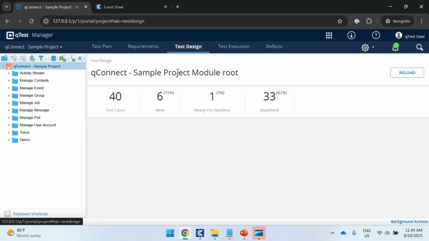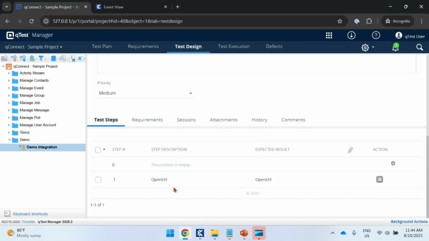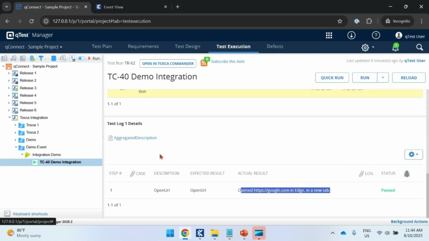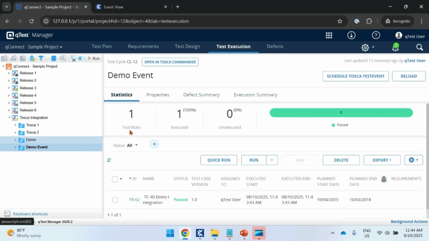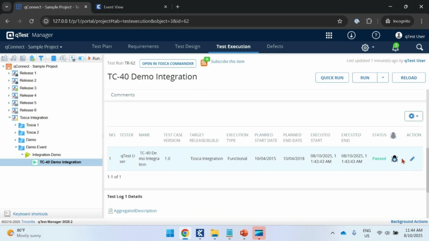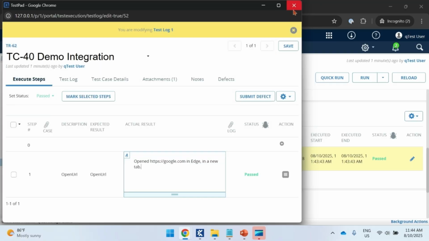Let me go to the same test case in qTest test design. You will see that the test steps are also replaced with the Tosca test steps, and these test steps cannot be edited further. So the source of truth is still lying in Tosca, and the execution as well. I see the total number of pass, fail, execution, all that information for a specific event in my qTest as well. I can schedule this test case once again, or I can execute those test cases. Once I execute that, all the pass, fail information will be coming here. If you click on this, you'll be able to see the execution logs as well. Just come here. You'll be able to see what is open. All that information is coming from